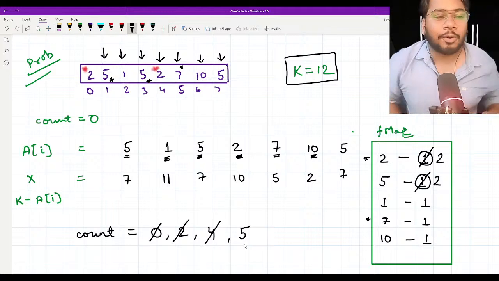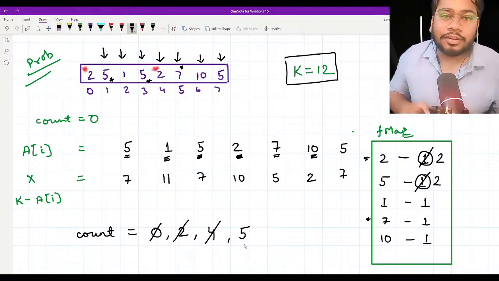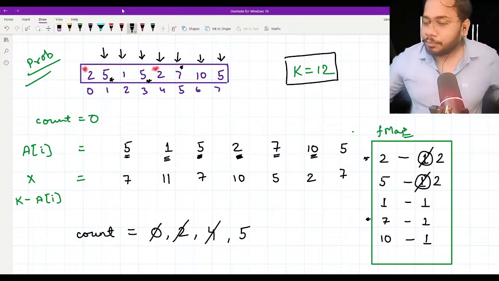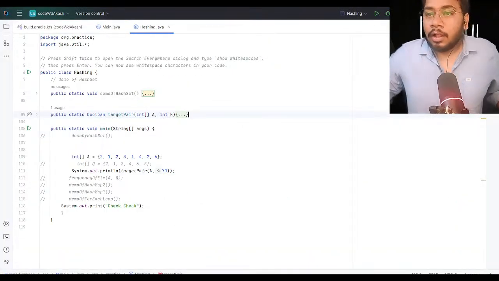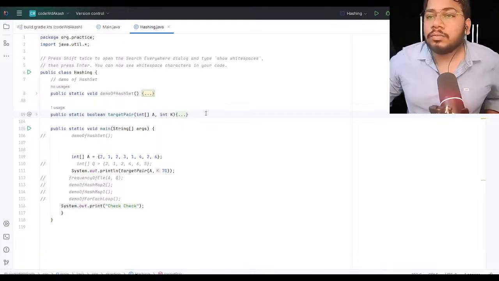Understood. Now, guys, if you have understood this, so let's go and code it down. Let's go ahead, guys. Okay, so yeah, so let's have